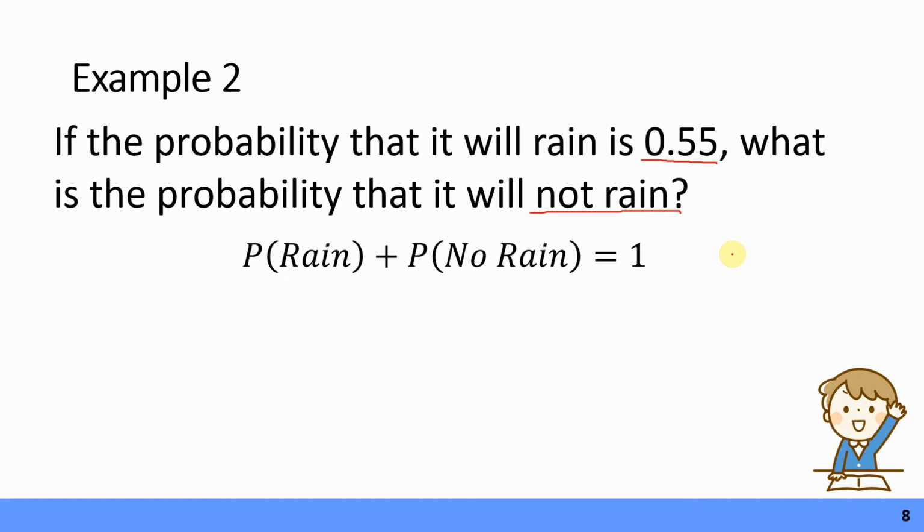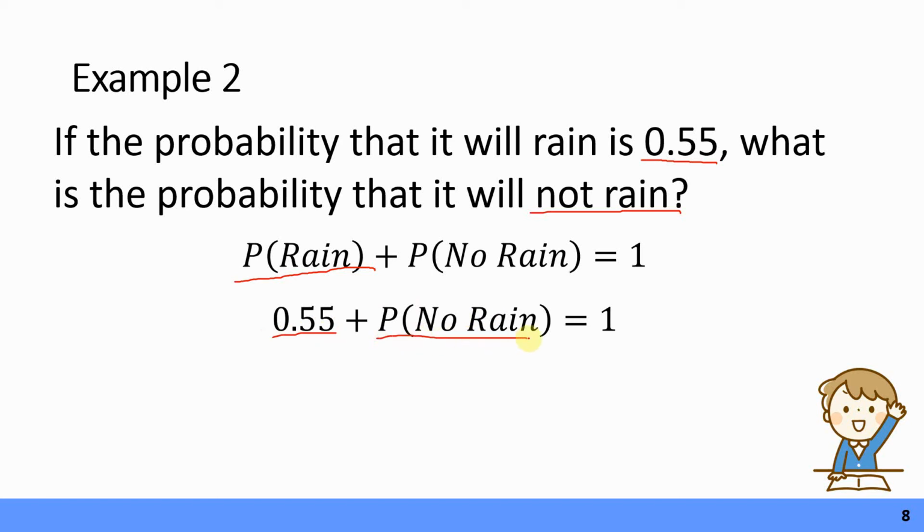So again, we're going to be using this formula. The probability that it will rain plus the probability of not raining has to add up to 1. The problem gave us the probability that it will rain, which is 0.55. So how in the world do I figure this one out? If I know that 0.55 plus this magical number I don't know has to add up to 1, how do I find out that number? Hopefully you're saying, oh, you need to subtract. Yes, we do need to subtract. So to find the probability that it will not rain, you just do 1 minus 0.55,